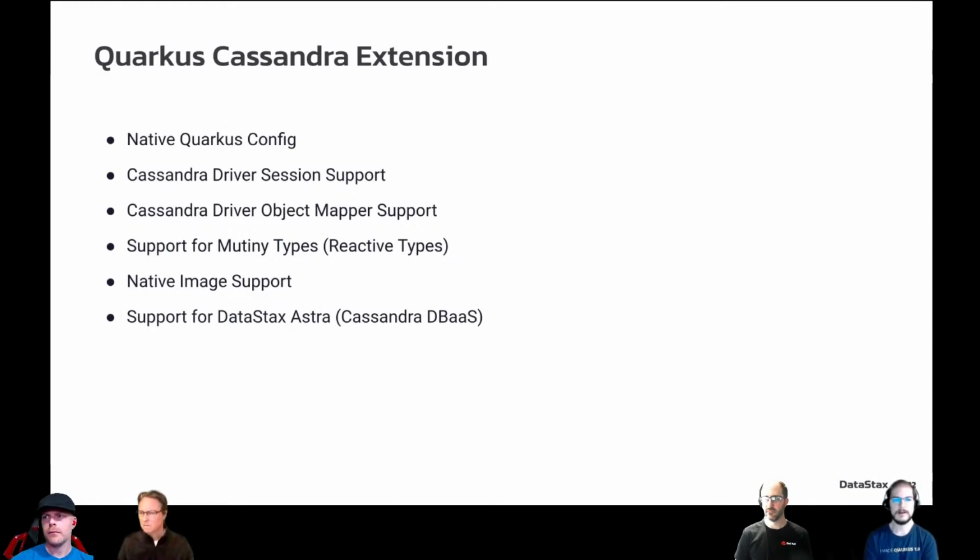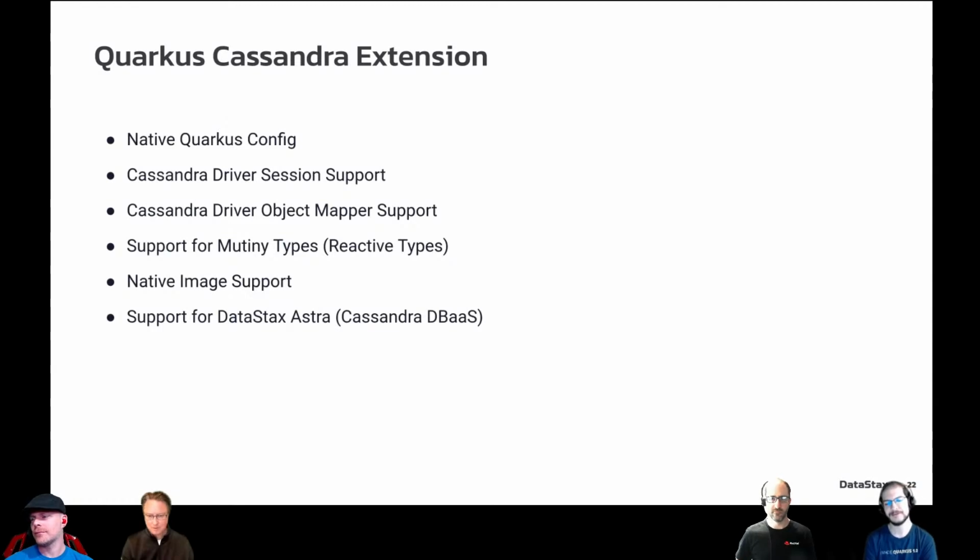There's also support for the object mapper. For those of you that are using relational databases and things like Hibernate, those are ORMs. In the Cassandra world, because we're not a relational database, we don't do ORMs, we just do OMs. So the DataStax driver has an object mapper, and there's support for that here in the Quarkus extension. We do support Mutiny types,